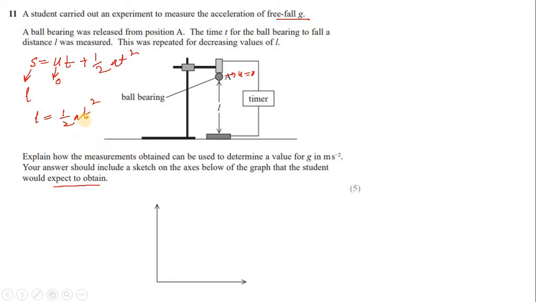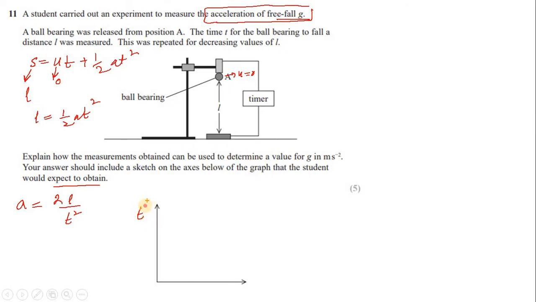And if you rearrange this equation for a, which is the acceleration that we are finding, or make a the subject, a would be equal to twice L upon t squared. Clearly you can see that if you have L divided by t squared, then as per the graph, I will take